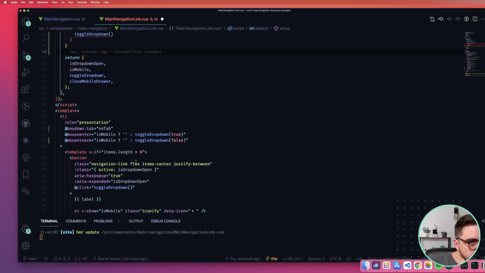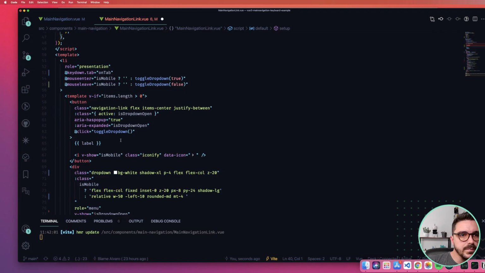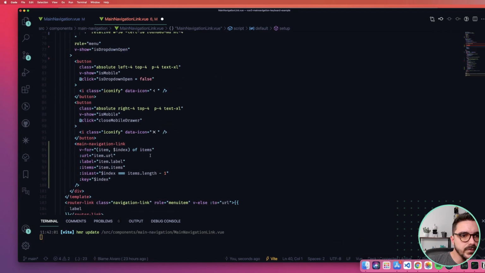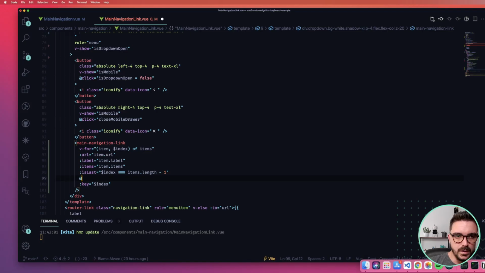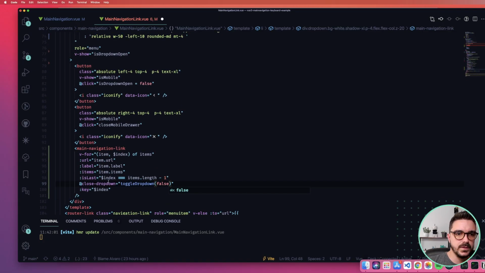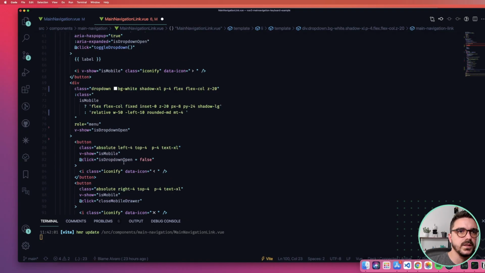But wait, it will not work because that toggle dropdown will work on the same level. So basically here, if I'm passing isLast, then I have to pass an event up, which is called close dropdown. Exactly. So here we say toggle dropdown, and we set it to false, so we make sure that it's closing.